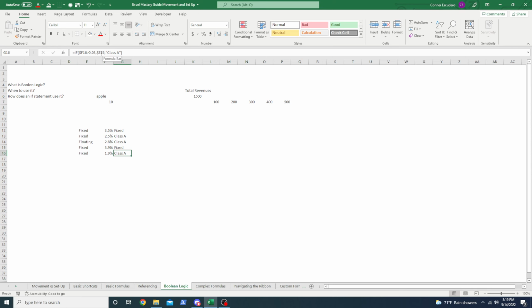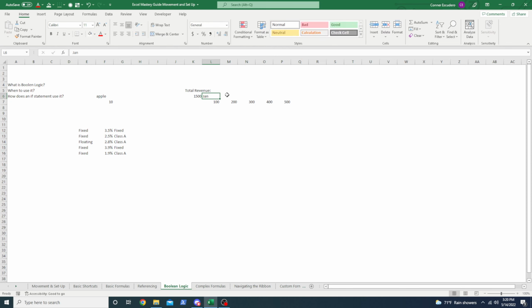Now, notice how we're combining a lot of things in this if statement. We're combining a Boolean logic. We're also combining cell referencing to return another cell, and we're providing another thing here. So what a lot of people do, and this is a good use of an if statement, by the way, but what a lot of people do is say you have some cells over here. So we get what a Boolean statement is, we get why you would use an if statement, but let's go into this. So this is, let's just call this revenue by month,